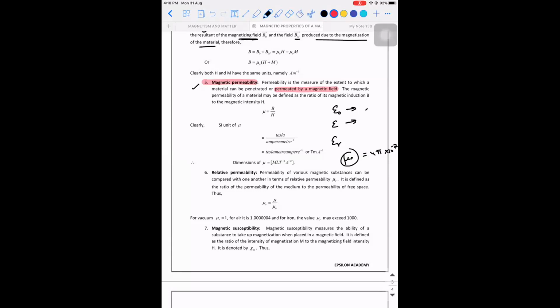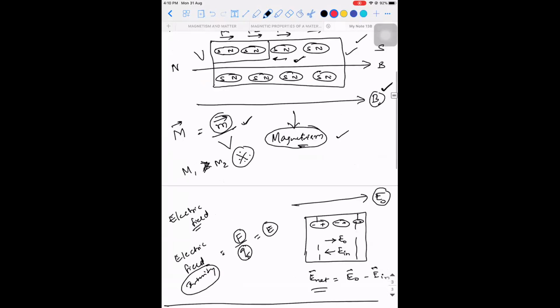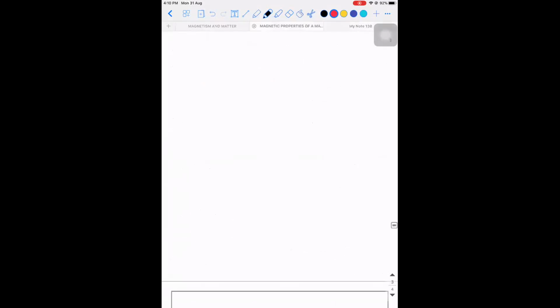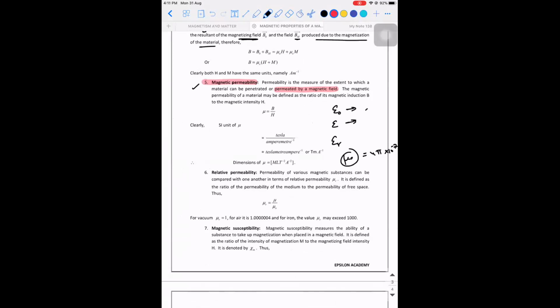So each material will allow the magnetic field. See, I told you one important point, right? The dipoles will get aligned depending on the extent to which this particular substance is allowing the external magnetic field to go through it. It gives some permission. The extent to which it is permitting these dipole moments to get created will define the permeability of that particular material. So each material will have different permeability. Accepted? So that's what this topic is.